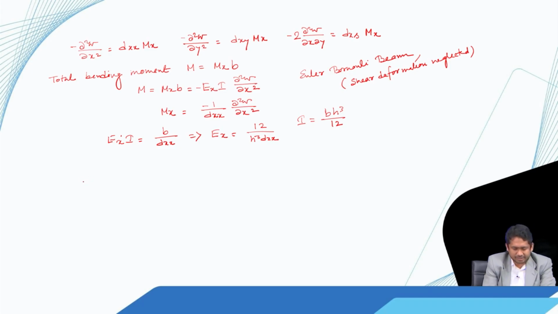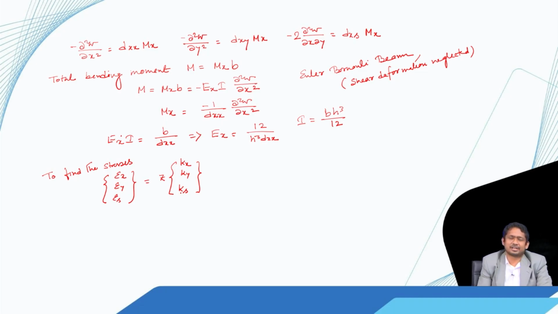Now, we need to find out the stresses. To find the stresses, we need to find out the strains first, and here there is no in-plane deformation. So, the entire thing is due to curvature only. So, we have z times kappa x, kappa y, kappa s, because epsilon x 0, epsilon y 0 and epsilon s 0 are 0. So, after we got this, then we can write stresses as